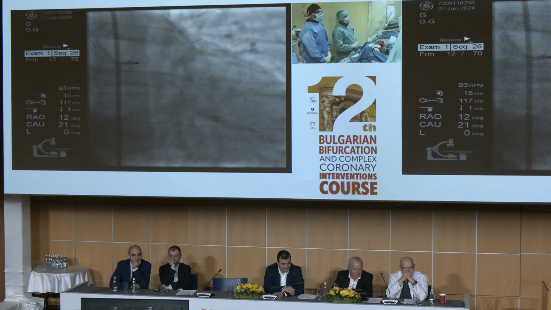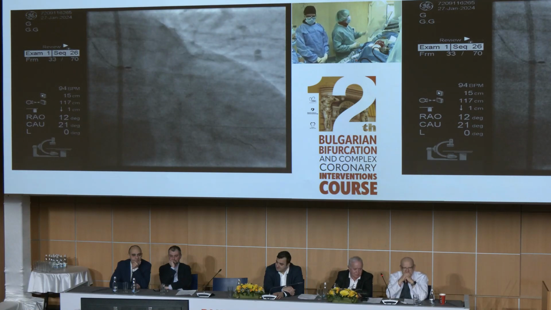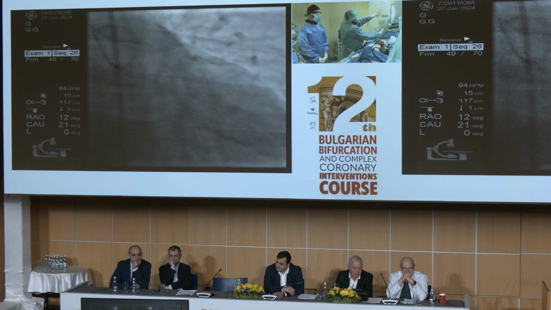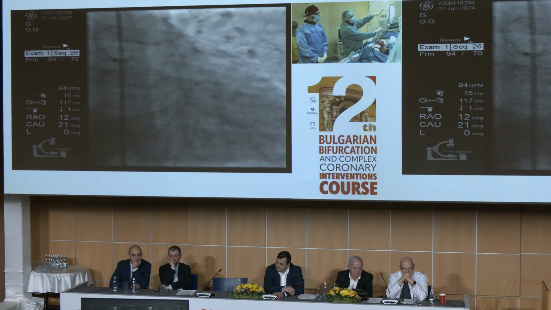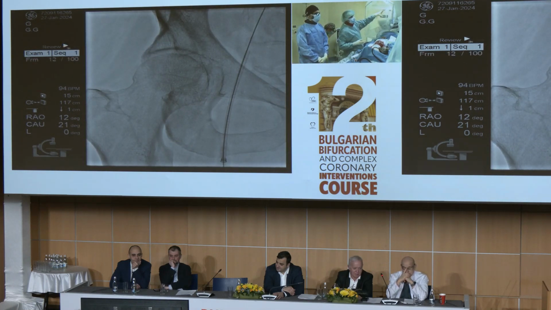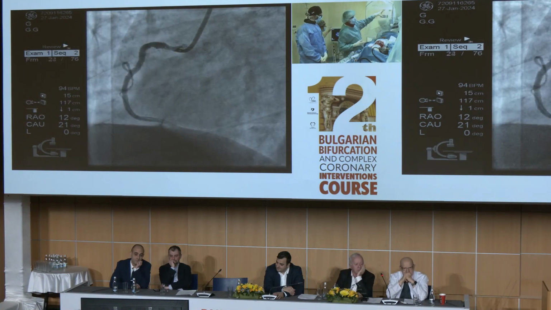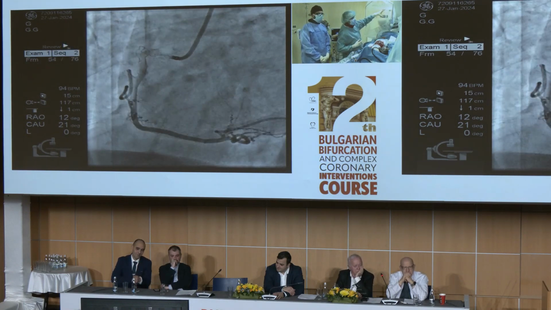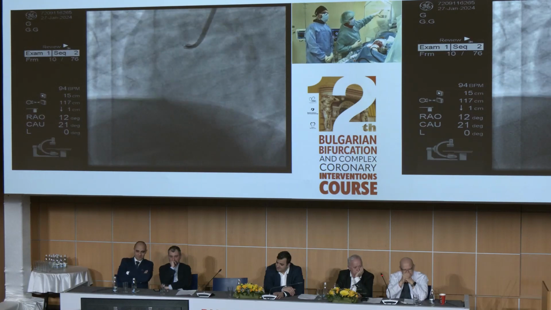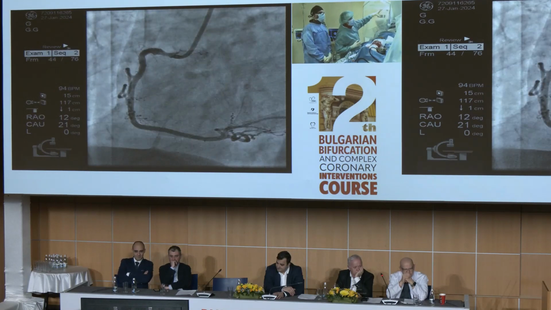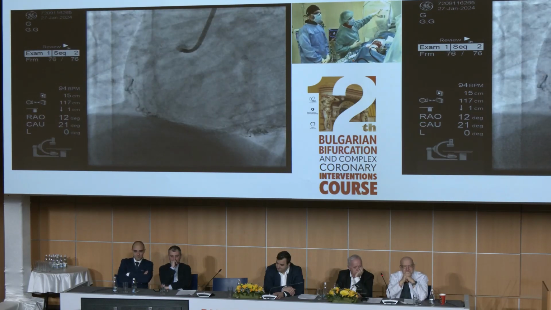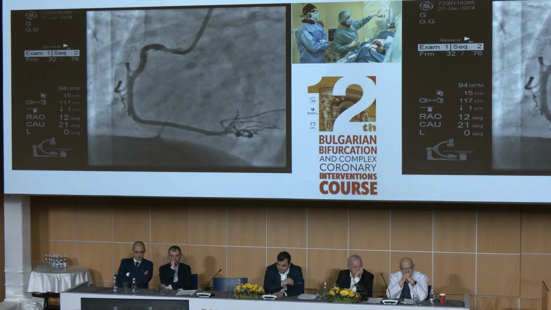Okay, so I will show you what we already made. So we are with the transfemoral approach, 7 French, right femoral. This is the right coronary. At the ostium there is around 50% lesion, which